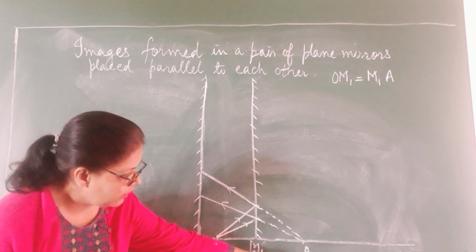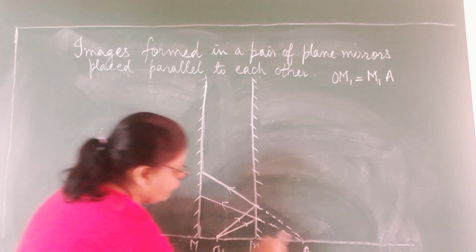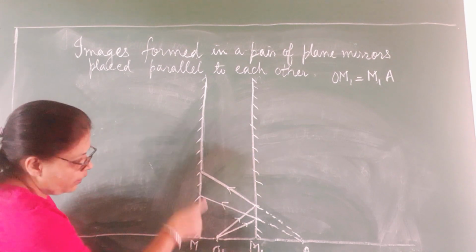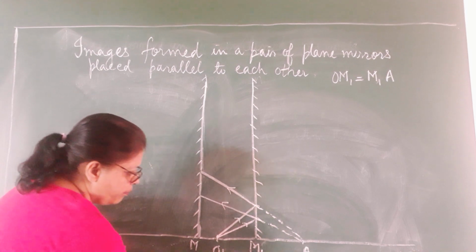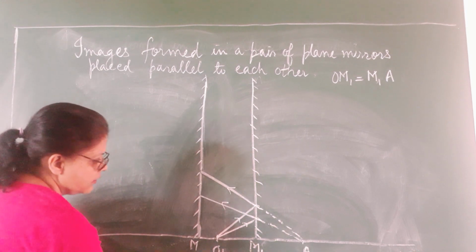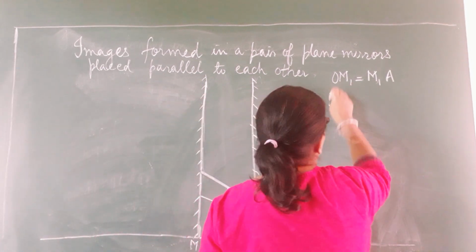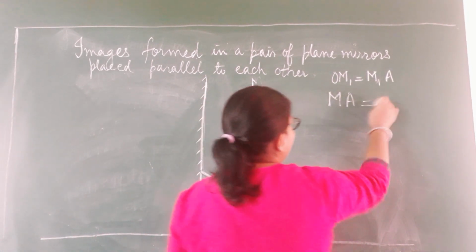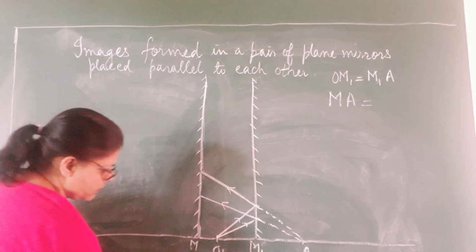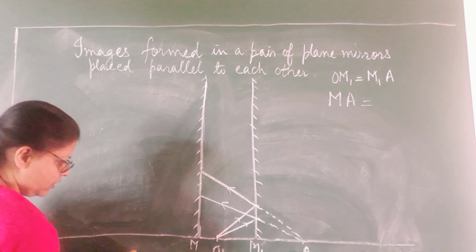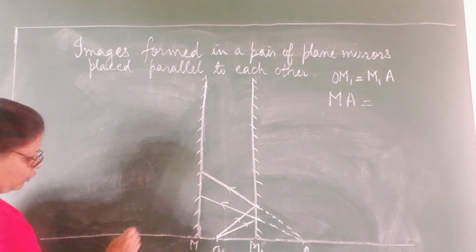Now this A image which I am obtaining will form the object for mirror M. Now what distance will I consider? Now I am going to consider this distance, children. That is MA. Now this MA should be equal to the other side, children. From here to here I measure the distance and I will mark a dot this side. This distance should be equal to this distance this side, and I will take a dot and I will join